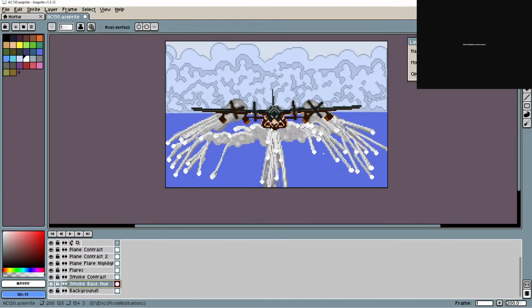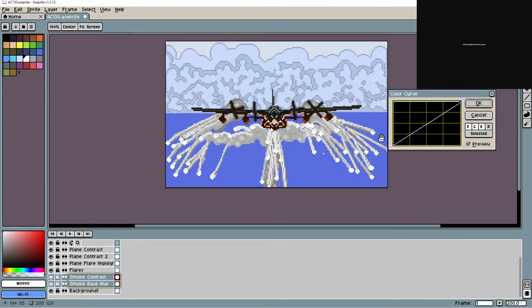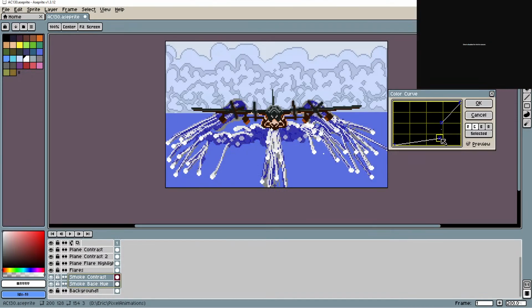Actually, let's just take the smoke and the smoke contrast. Adjustments. Color curve. Let's see. Give that a little bit of a blue tint. I don't want to lose any of my contrast though, so I have to be careful. And I don't want it to be too blue. I also need it to be a little white, so